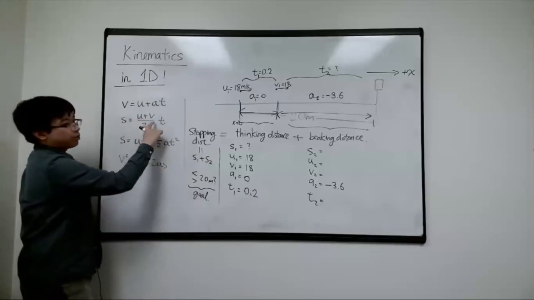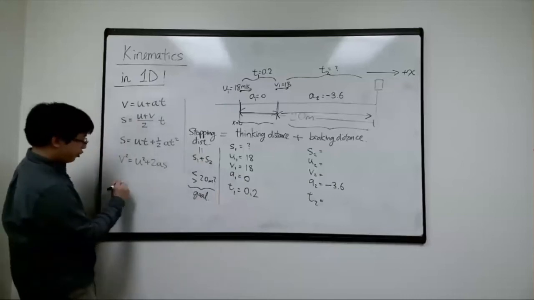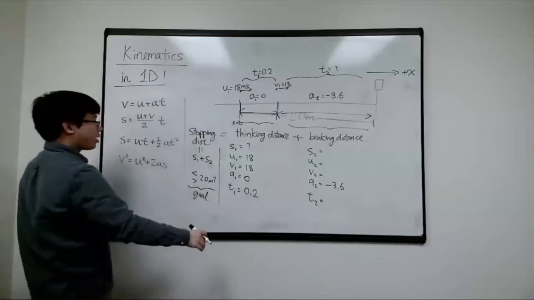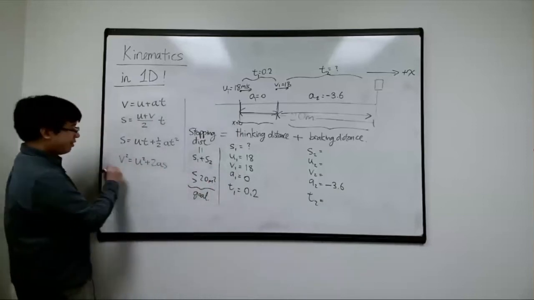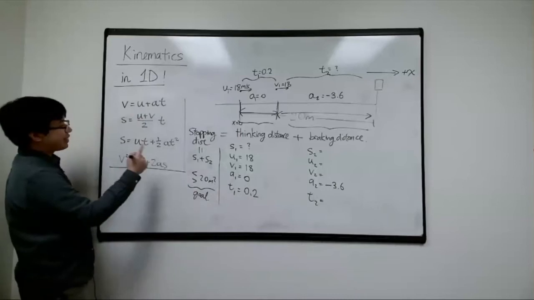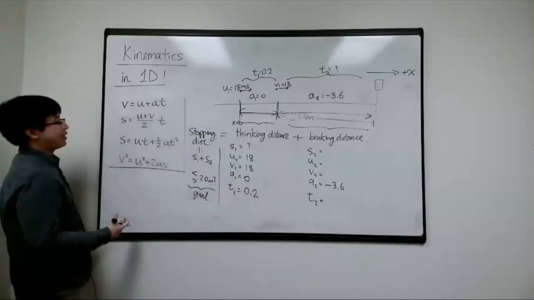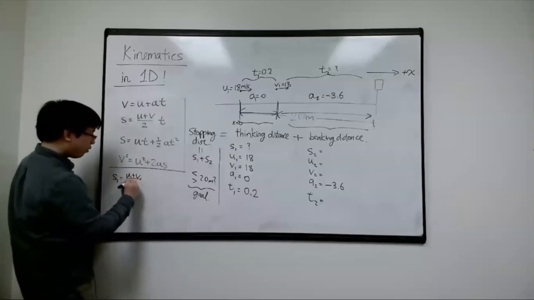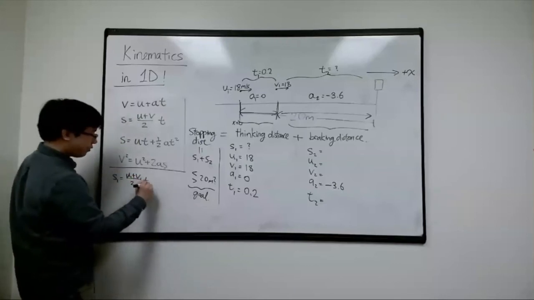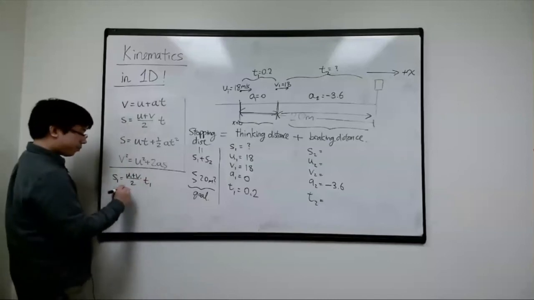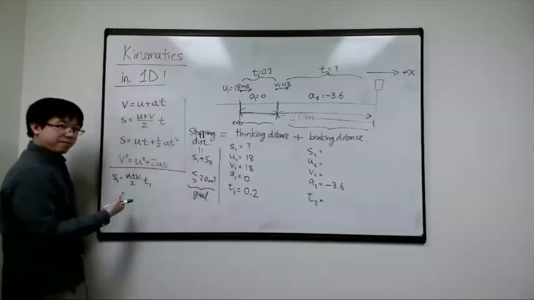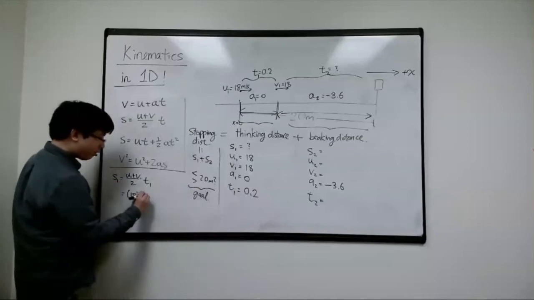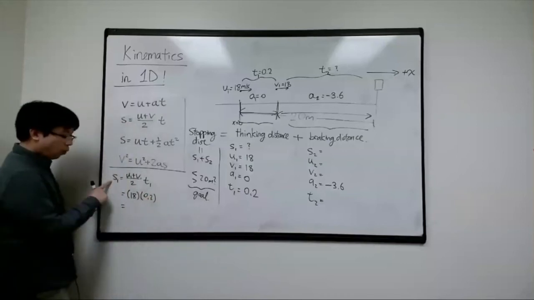So we have U and V, right? So we can do, I'll try in a proper presentation to write it linearly. This is more like scratch work. So I'll put my steps a little bit all over the place, but you get the idea, so I can keep more information over here for your benefit. So S1 is going to be U1 plus V1 over 2, times T1, so that's the first part, right? U1 and V1 are 18, so 18 plus 18 divided by 2, so that's just 18 really, times 0.2. T is 0.2, and that means S1 is